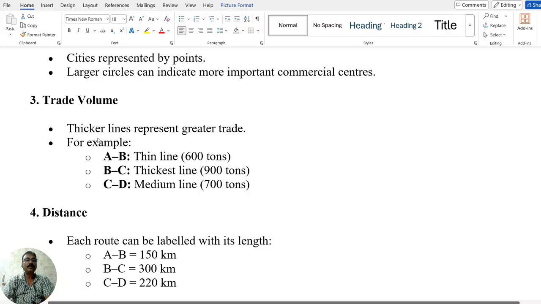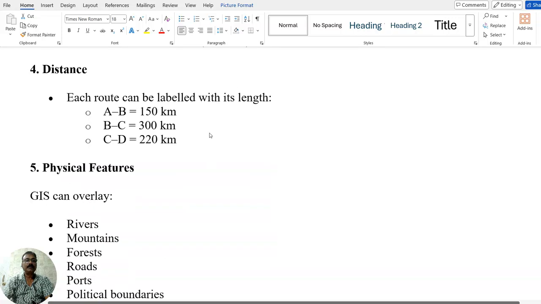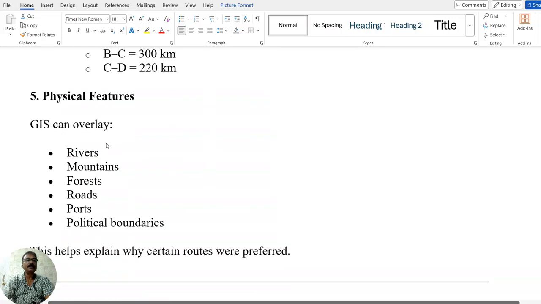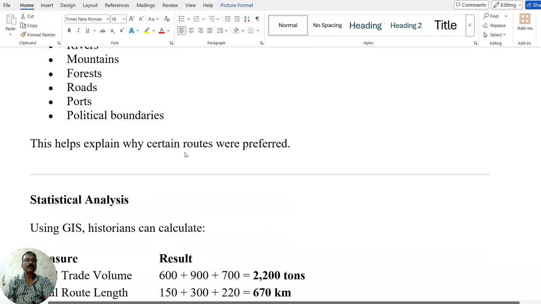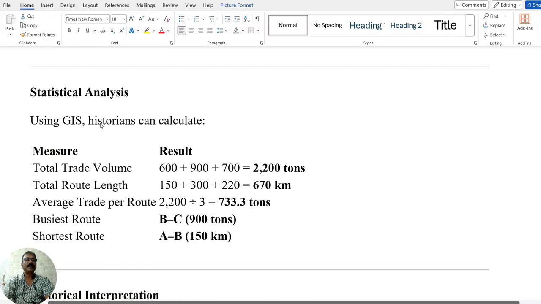The trade volume: thicker lines represent greater trade. For example, A to B, a thin line, 600 tons; B to C, the thickest line, 900 tons; C to D, a medium line. So the amount of trade is given through this line. Now physical features. GIS can overlay rivers, mountains, forests, roads, ports, political boundaries. So this helps explain why certain routes were preferred, and how the historian can explain with the help of